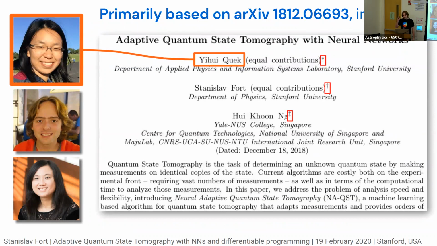This talk will be structured roughly as follows. I will first discuss deep learning, AI, ML, and differentiable programming as concepts and why they are relevant to physics, and try to narrow down conceptually where I would like to stay in the talk. In the second part, I will discuss quantum state tomography generically as a problem, why it's important, how it works, and what the task at hand actually is.